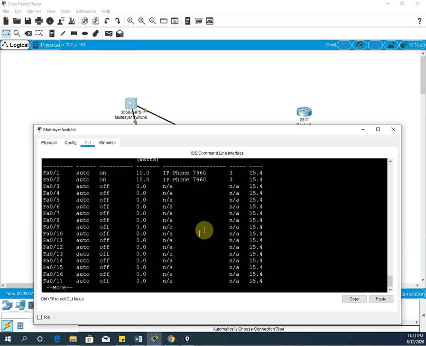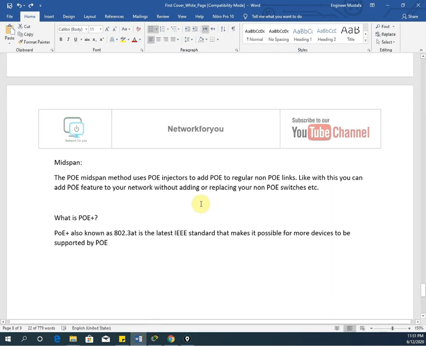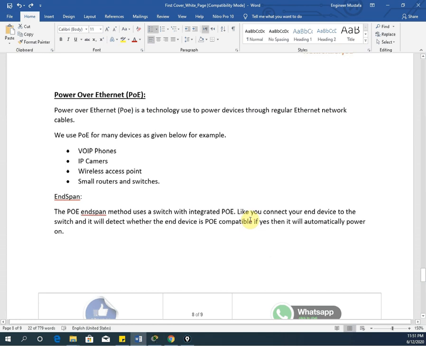Just remember, Power over Ethernet means with the Ethernet cable we are going to get the power, and we are going to supply that power to our devices, not big devices, small devices, that is VoIP phone, IP camera, wireless access point. In many places it is difficult to get power and run the power cable also. So in those places it is easy to connect one Ethernet cable, and it will power up the device as well as give the data also. Like CCTV can capture, and it will send the power with the data cable, and we will get it to the switch, and to the router, and we can store it in a different location.